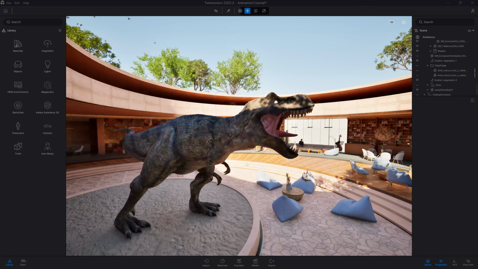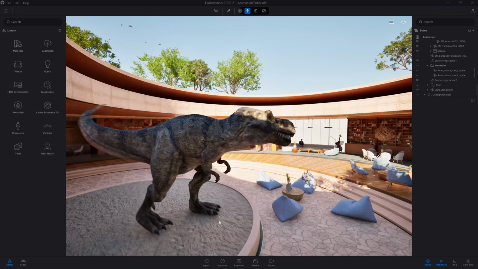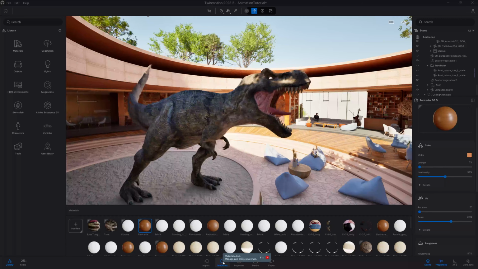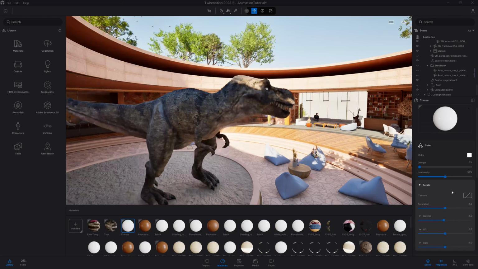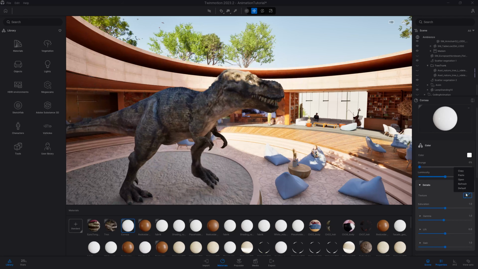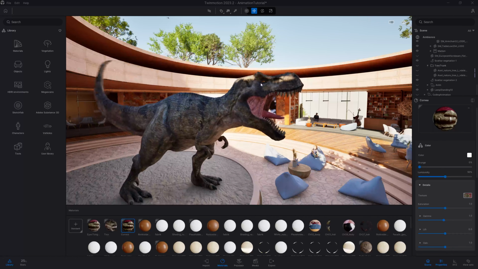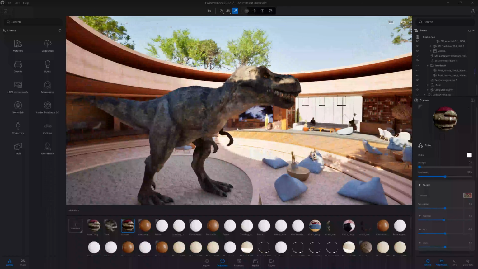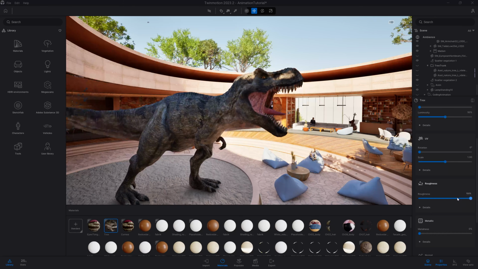In some cases, the materials are not well translated. For example, here we can see that the eye of my dinosaur is just pure white. So we'll go to the material. Here I will look for the cornea. I know that for this specific mesh, I have a texture for the eye. So I'm going to open and look for the texture of the eye, which is this one here. So now I have a fine eye inside my dinosaur. I can also select the material picker, click on the skin of the dinosaur, and maybe increase the roughness a bit.